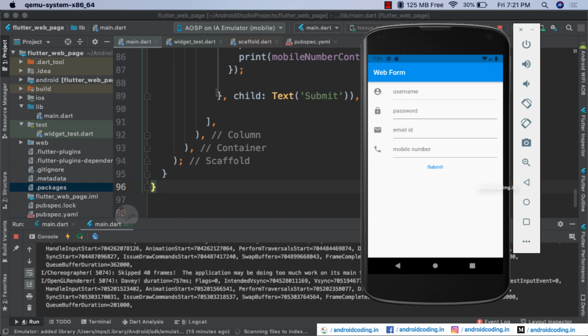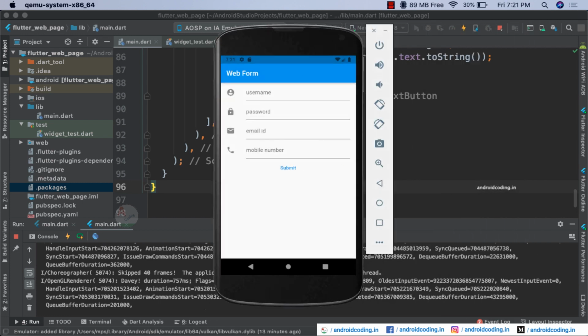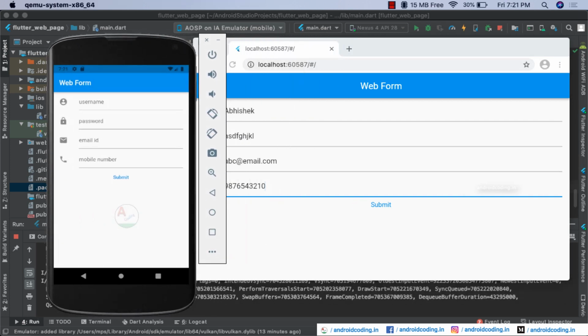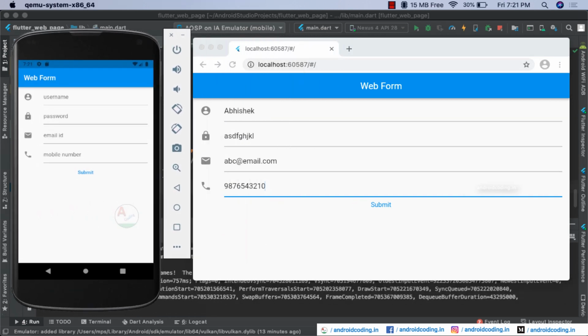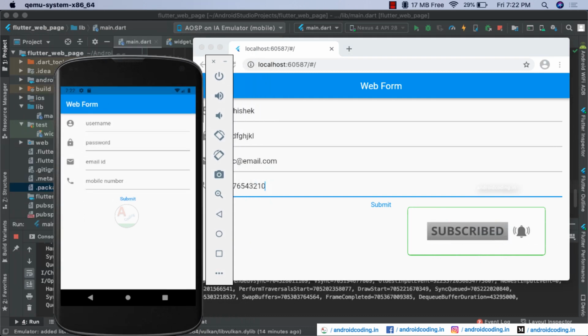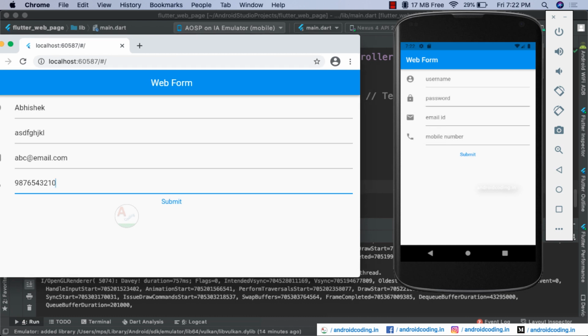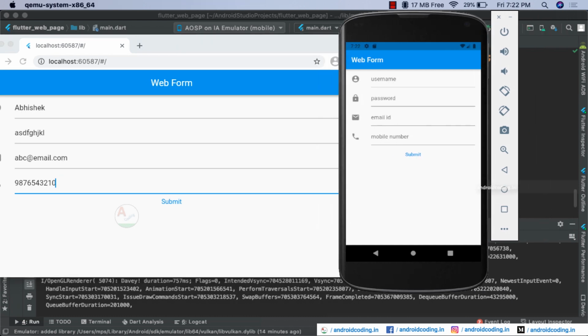Yes, our application is successfully loaded into the Android emulator, and here you can see side by side our Android app and the web browser. You can see how similar they are, and I will also show you how it works on iOS. Using this Android emulator, you can also have a view.